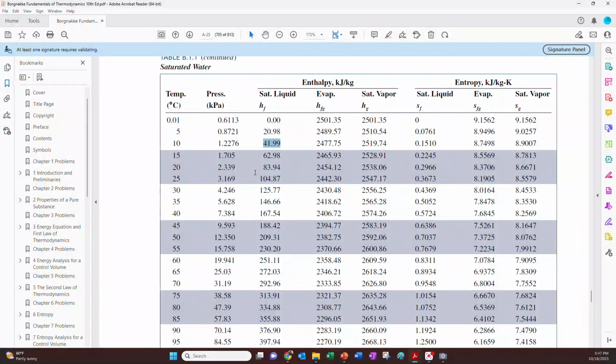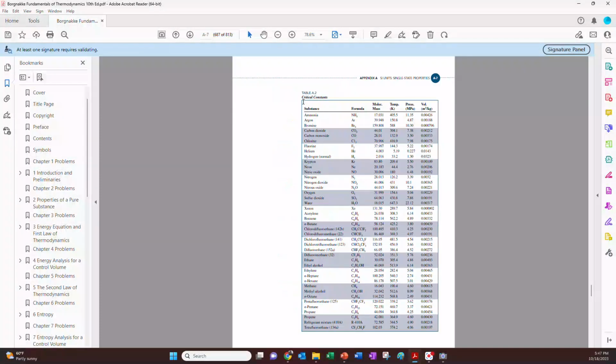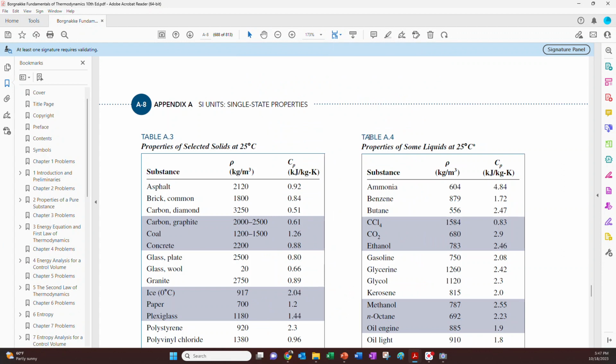Table B.1.1 at T equals 10 degrees Celsius, and I'll write below it T equals 20 degrees Celsius. We have hf is equal to 41.99, and then right below it is 83.94. Before we move on, let's go back to table A1 and go into right here, into the